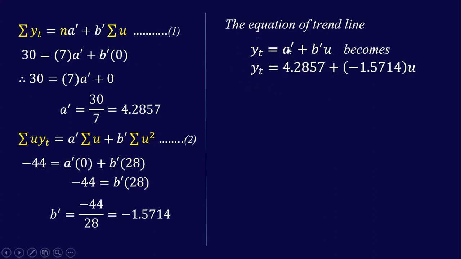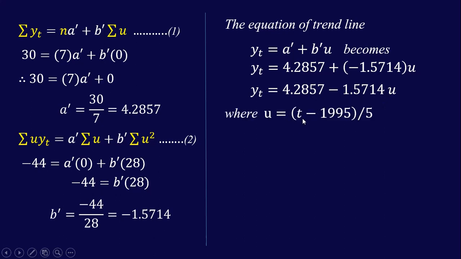So we substitute the values of a dash and b dash. Yt is equal to 4.2857 plus minus value of b dash, minus 1.5714 into u. That is, yt is equal to 4.2857 minus 1.5714 u,